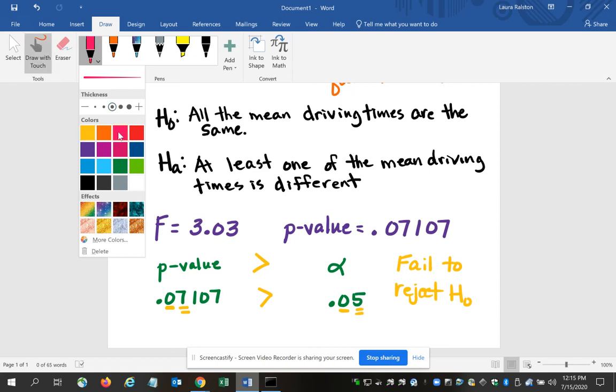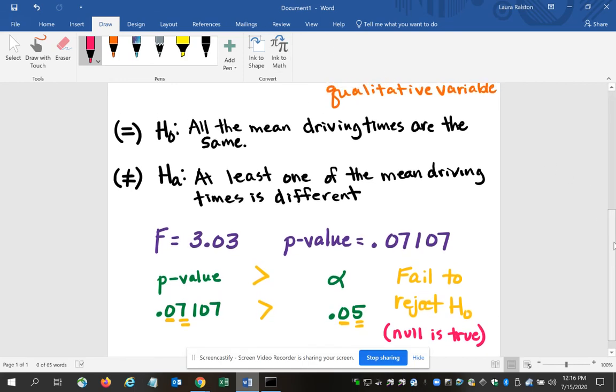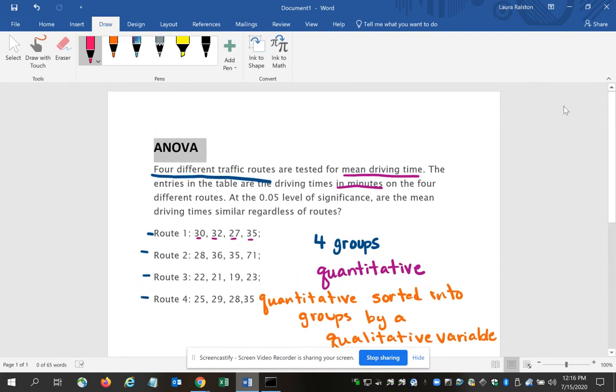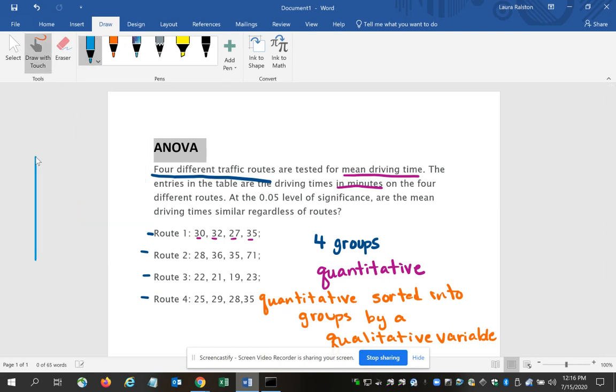Now, again, thinking about what that means so that you can ultimately write your conclusion. If we fail to reject the null hypothesis, that means that our null hypothesis is true based on the evidence that we have, okay? And so when we write our conclusion in terms of the null hypothesis. Now, I've run out of space at the bottom of my paper, so I'm going to write my conclusion up here at the top, and so it would read